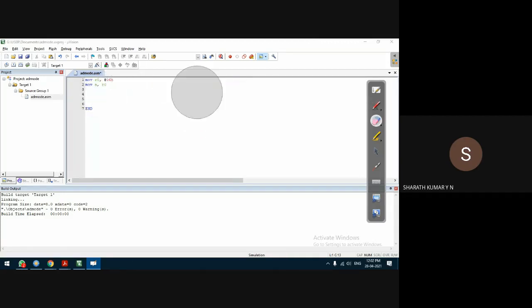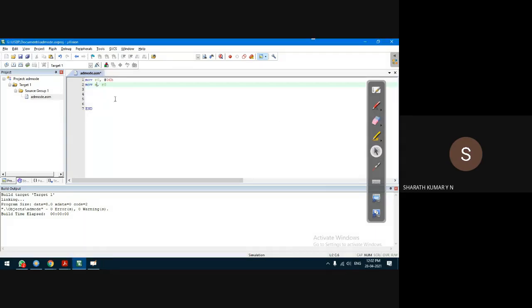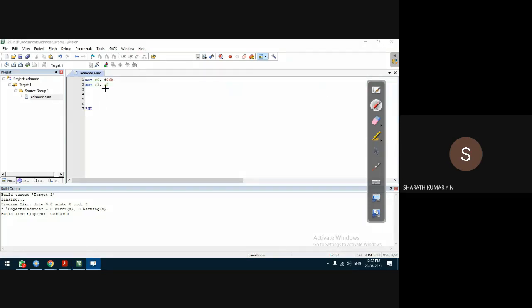What if it is not the accumulator? Let us check that also. In fact, we have to check the mistakes actually. Let us say I have written a program to transfer the content of R0 into R1. Let us see how the compiler reacts. First, let us run this program.